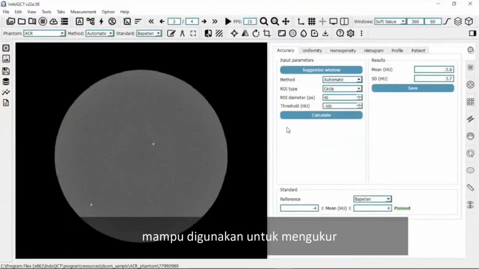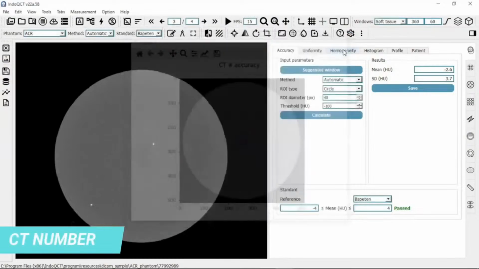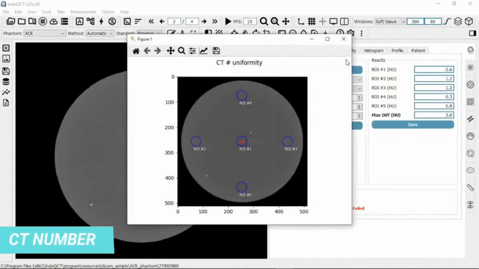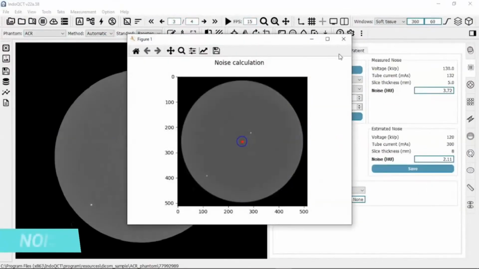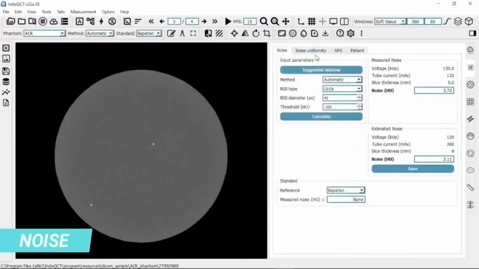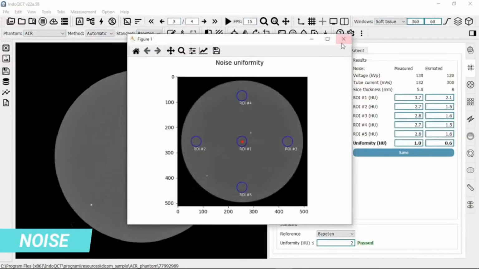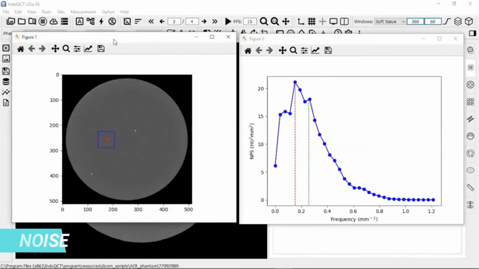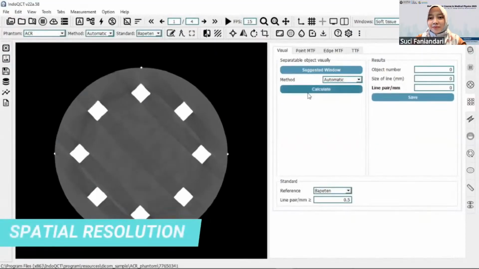The main capabilities of IndoQCT are to measure CT number, noise, spatial resolution,